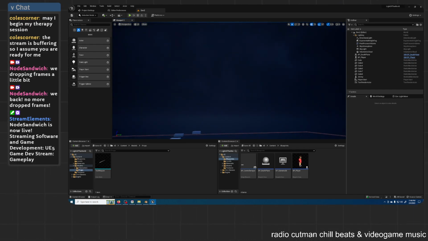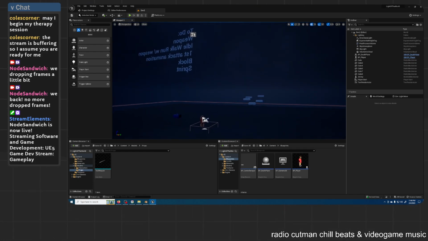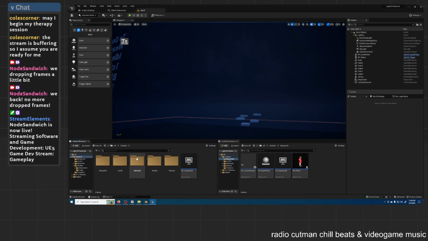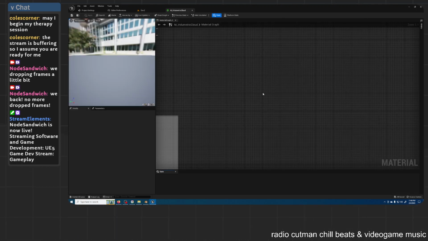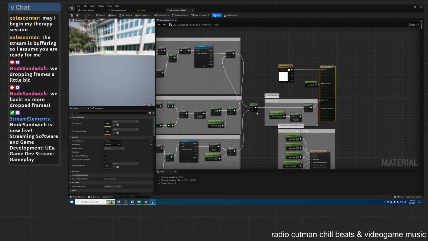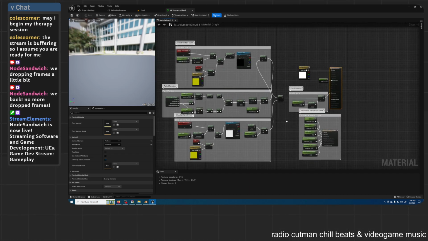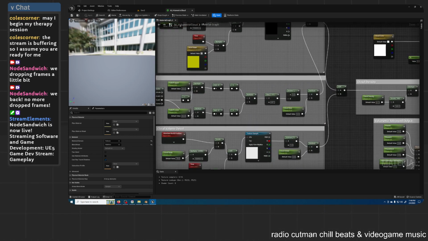These are actual volumetric clouds. I watched a tutorial on how to set up your own cloud shader. I suppose I could show that off here real quick. It'd be under materials, volumetric cloud. So I made this myself with a tutorial, of course. It's a lot, I won't lie. There's a lot going on here, but it's basically a 2D texture